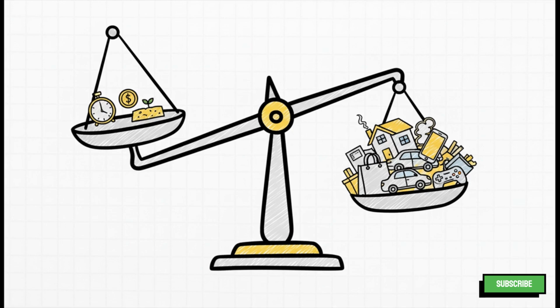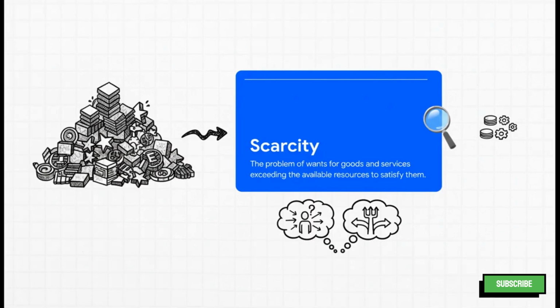The reality is that the things we use to get what we want, our resources like money, time, land, they're all limited. But our desires, what we want, well, those are pretty much unlimited. And this fundamental clash, right here, is the very heart of economics. Now this conflict, it's got a name in economics: scarcity. Put simply, scarcity just means our wants are way bigger than the resources we have to satisfy them. And it's this exact problem of scarcity that forces every single one of us to face what's called the problem